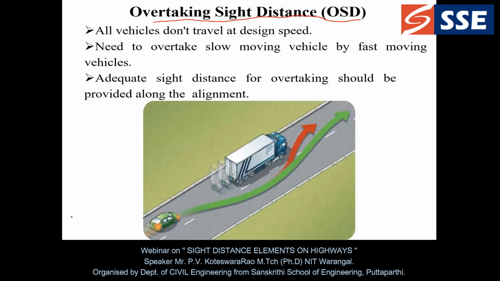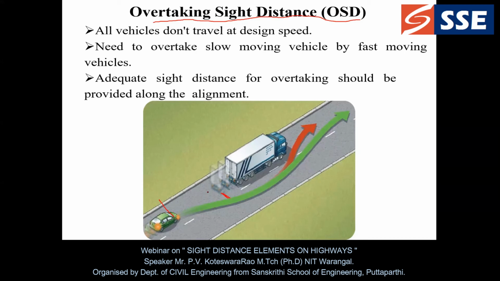Here we have our vehicle, and another vehicle is here at the starting point. Please observe, another vehicle is here at the starting point. So I thought to overtake this one because I can't follow the slow moving vehicle. I can accelerate my speed and overtake this one and reach my destination.